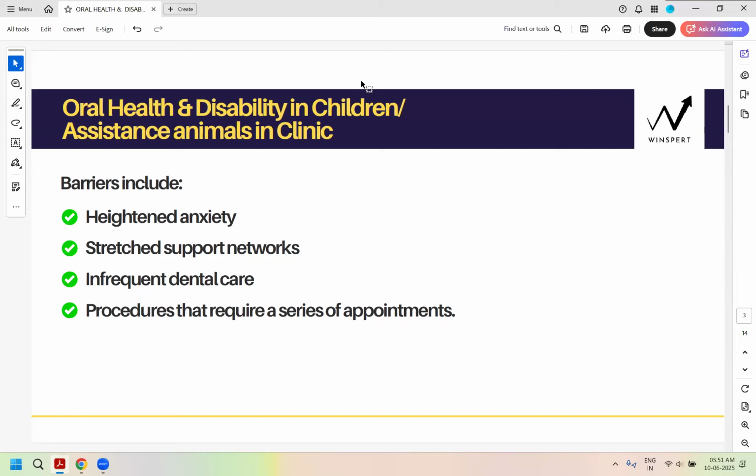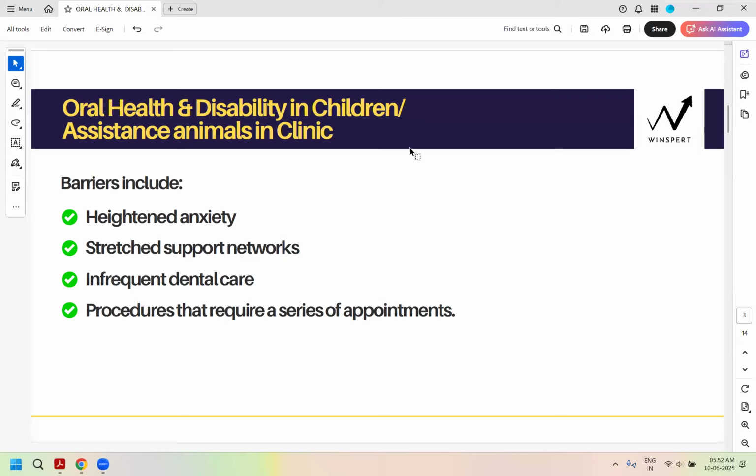So all this will be involved, right? You should be prepared for these challenges as well. Isn't that right? There will be infrequent dental care, which of course from your end the motivation has to come. From your end the education part has to be even more. And then you cannot complete all your treatments that you're planning for that child in a single appointment. You will have to have a series of appointments. You might have to do smaller appointments, do smaller treatments, and then recall the patients in their suitable environment and